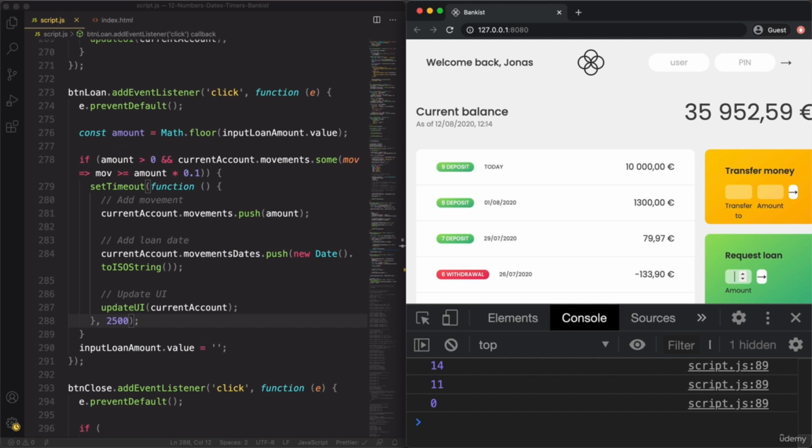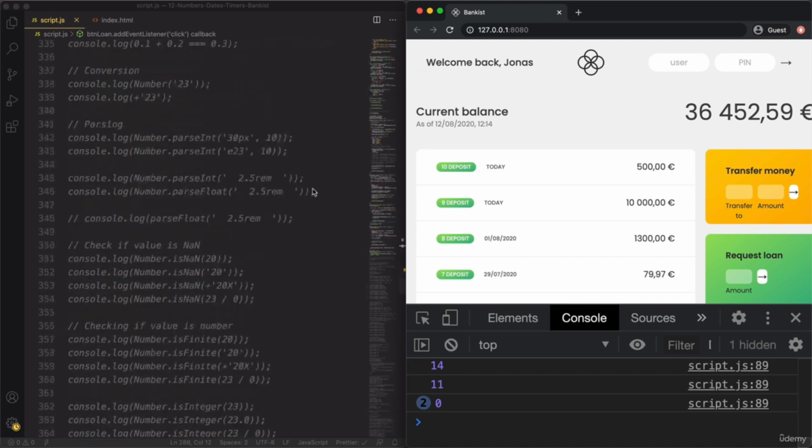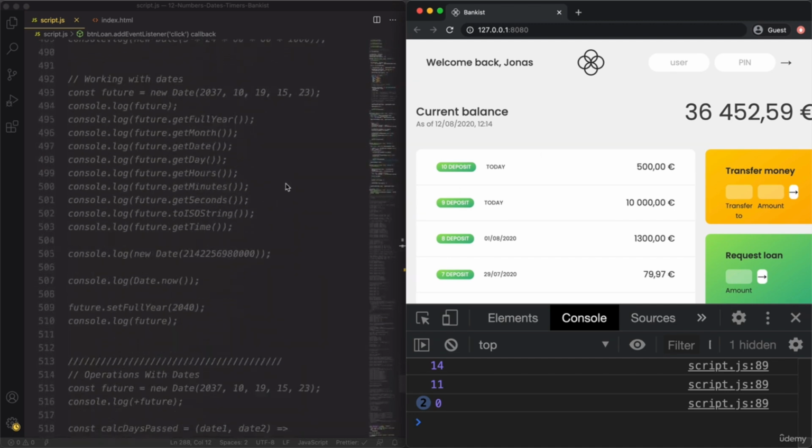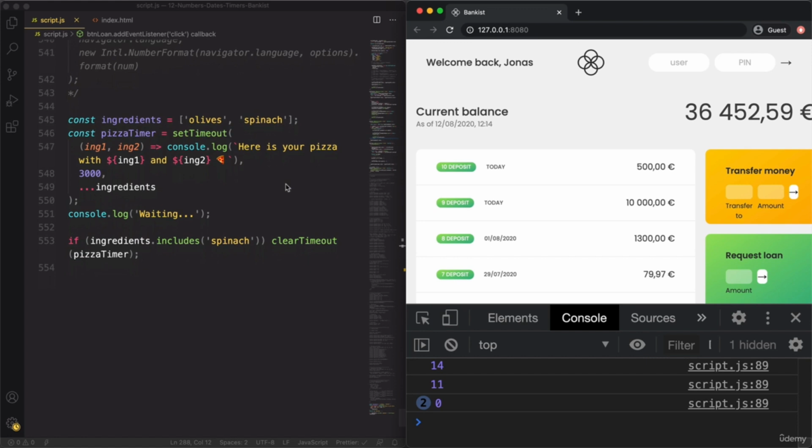So count the seconds here. And now my loan was approved. And so then it appeared here in the movements, and it also appeared here in the balance. You saw that? So that makes our application a little bit more realistic. But let's go back now, because we also need to